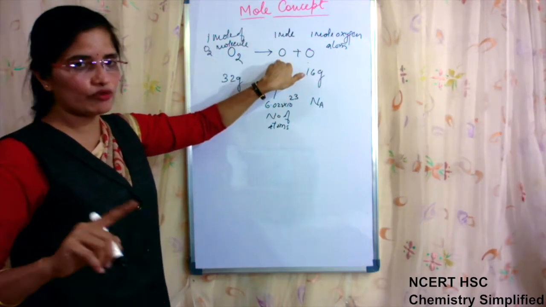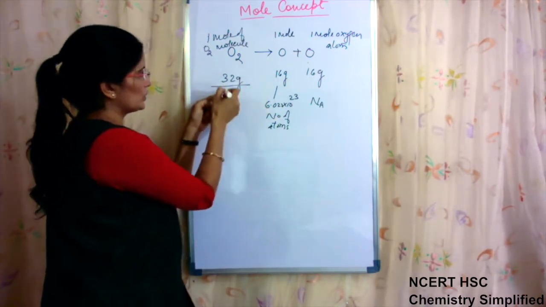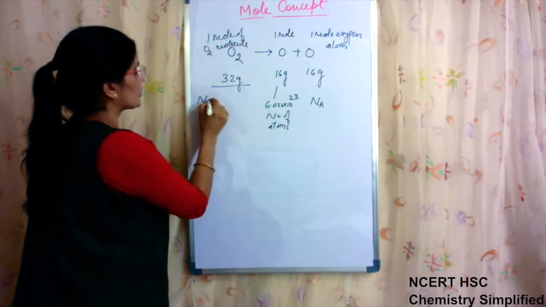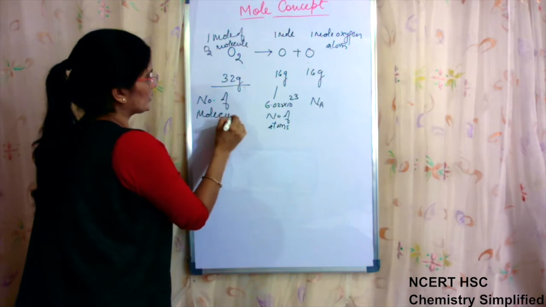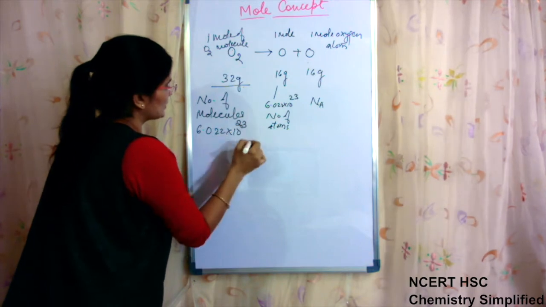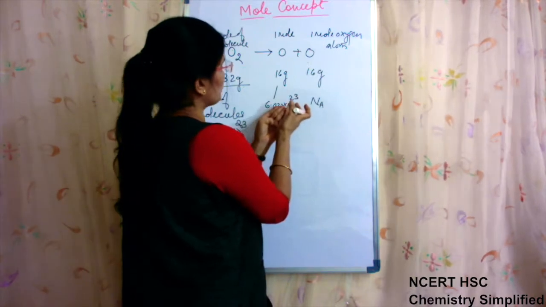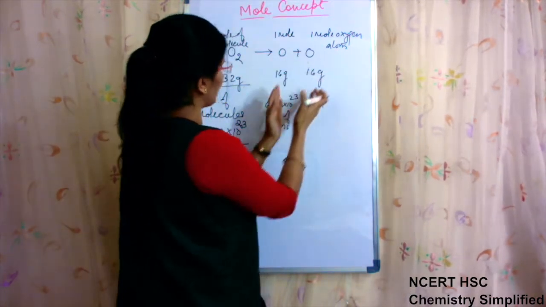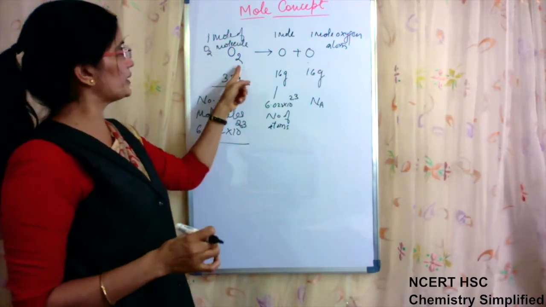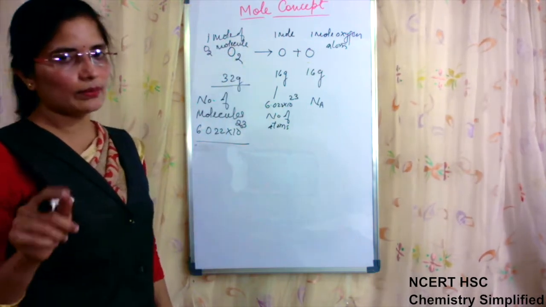This was 1 mole of oxygen atom. Now this is 1 mole of oxygen molecule whose mass is 32 grams, because the calculated mass will come to be 32 grams, and the number of molecules, now because it is molecule not atom, present will be 6.022 into 10 to the power 23. Now don't be confused that it should be double of it, means into 2 it should be. No, because this is one mole of oxygen molecule. This is 1 mole only.